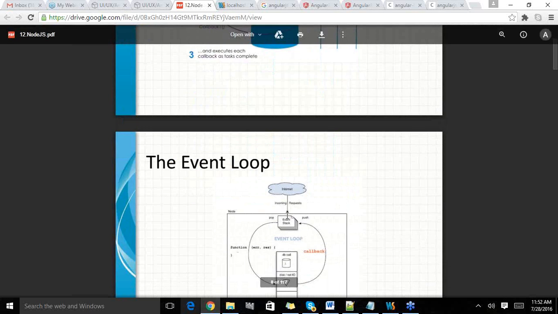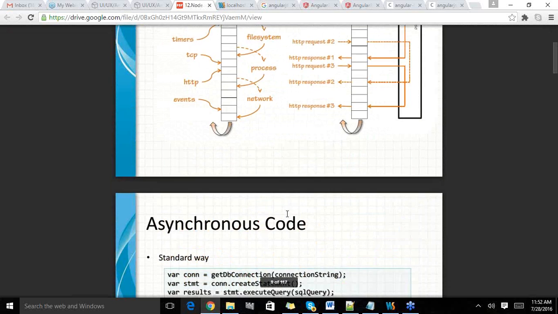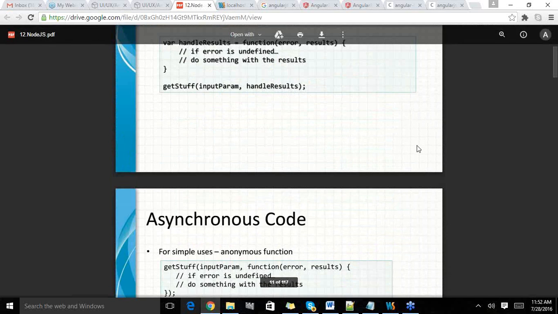All right. So these are the basic things about Node.js. Yes, we'll start in detail from tomorrow to see what other